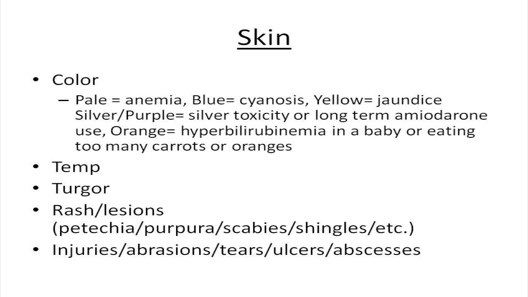Or, in fact, if it's true, the old wives' tale, if you eat too many carrots or oranges, you can actually get your skin to be a sort of a shade of orange. And there's some other types too. There's a bronze discoloration that's associated with hemochromatosis or hyperpigmentation. So the color of the skin is something that we should really key on here. The temperature, obviously you want to be sensitive to the fact that the patient's skin temperature might be very high or very low. The turgor of the skin in terms of their hydration status and their overall health status, any